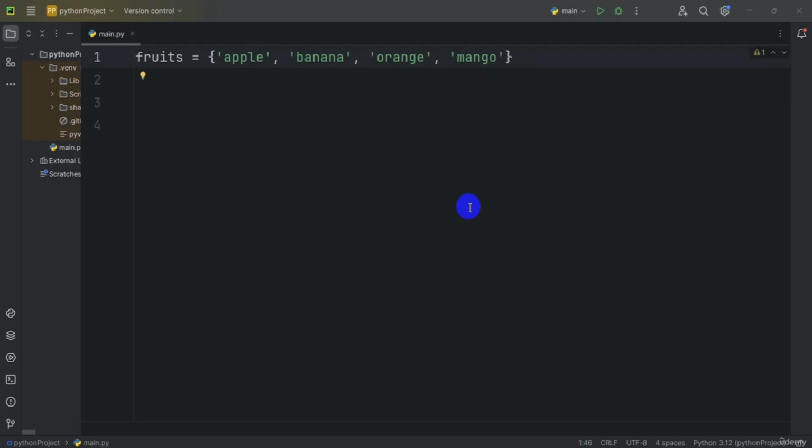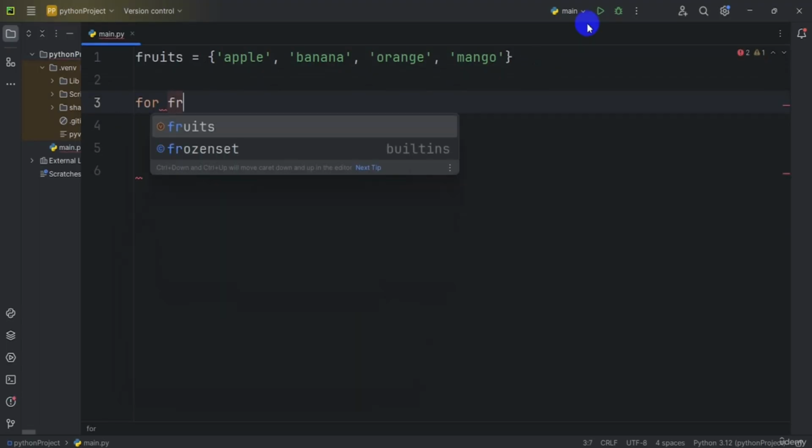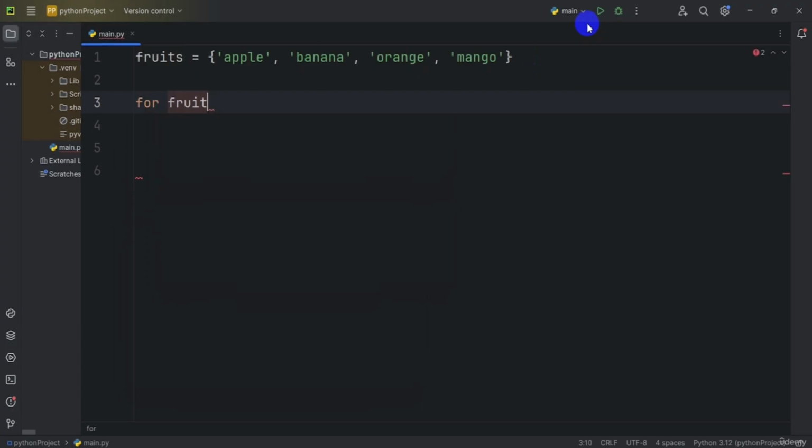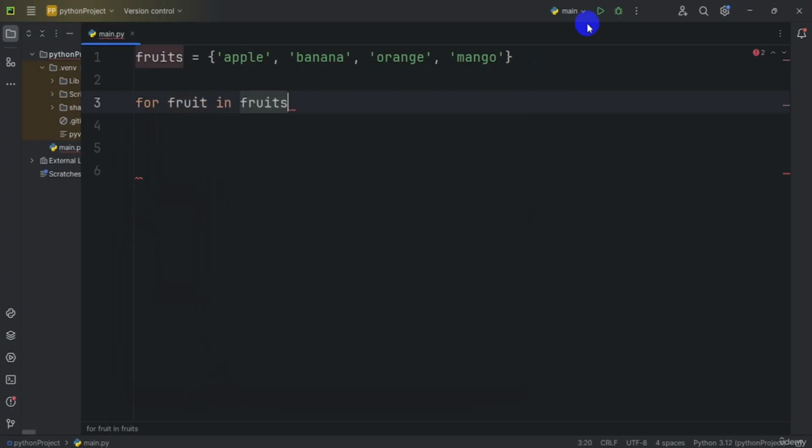So now here I'm using the fruits item, the same as in the previous example. Now I'm just creating a loop through the set. Just type here for, and now I'm creating this fruit in fruits. So that's perfect. And then here I'm using the print function, and inside it first I'm creating